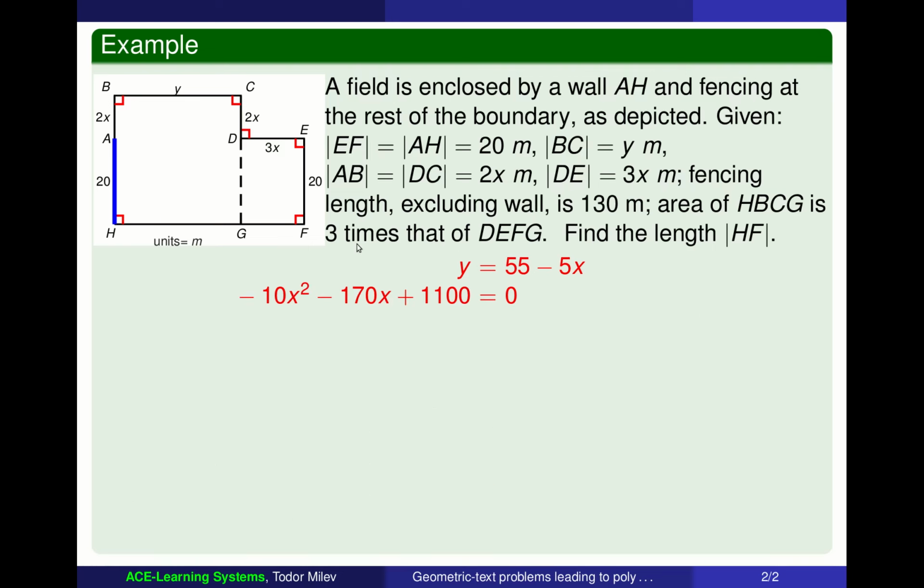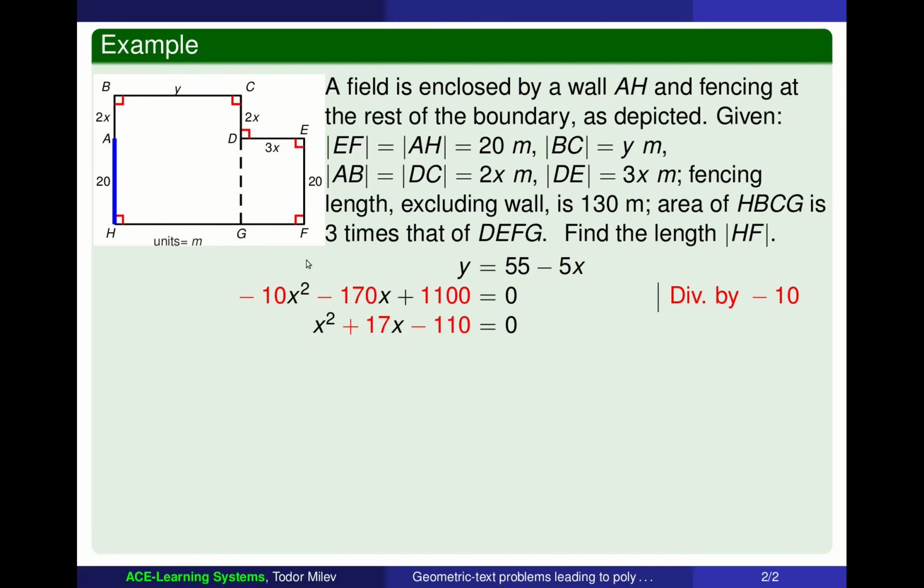There we go. So I've just copied what is most relevant. I've copied the relationship y equals 55 minus 5x. That, if you remember, came from the fencing perimeter. And I've also copied the other relation, which came through combining the first relation with the relationship between the areas of the two rectangles. Okay, so now let us solve